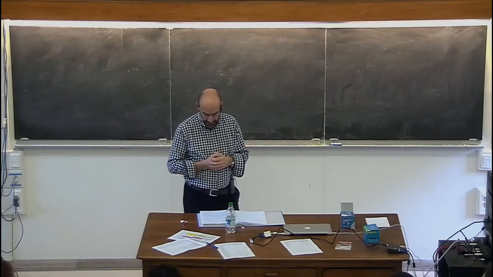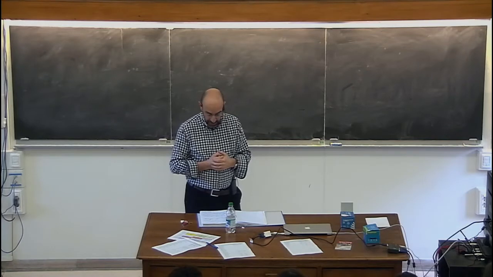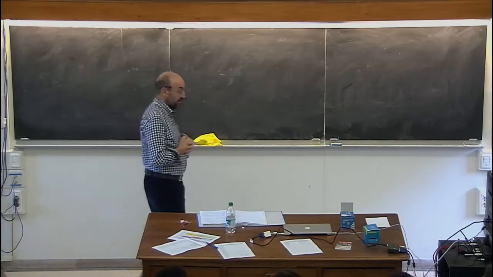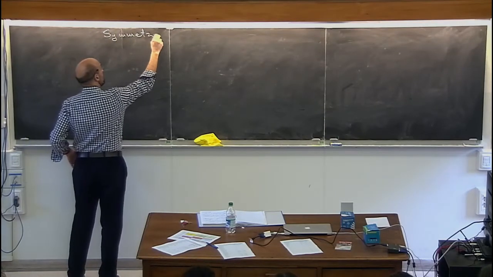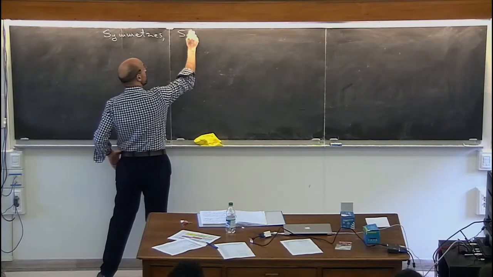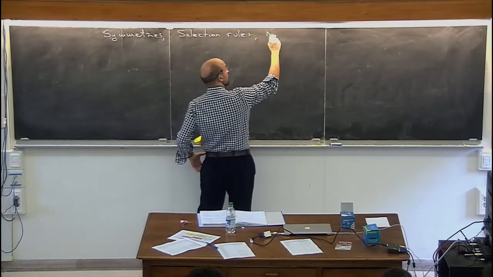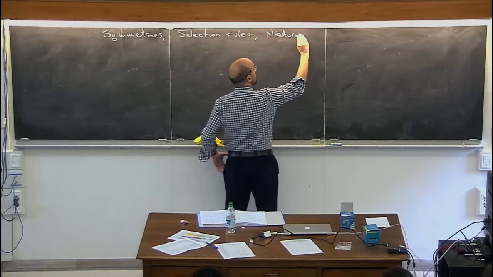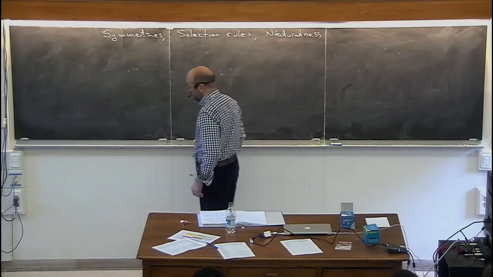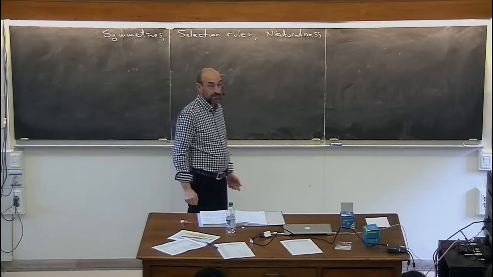So I will continue in my discussion towards approaching slow flow towards the standard model, the issue of symmetries, selection rules, and naturalness. So there are, as you well know, two classes of symmetry that are relevant in quantum field theory.